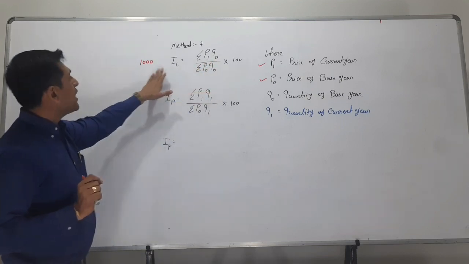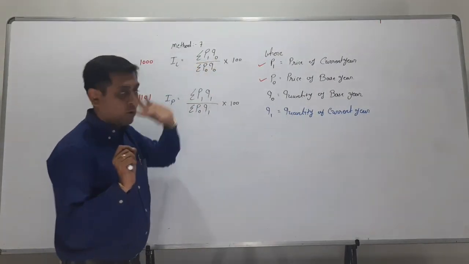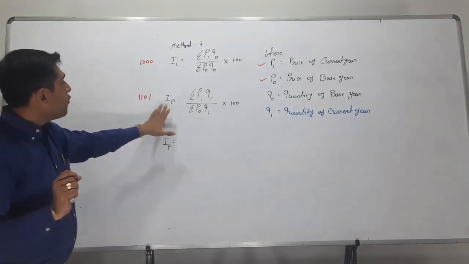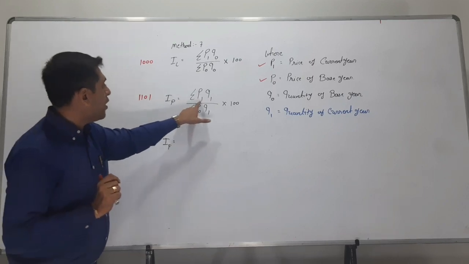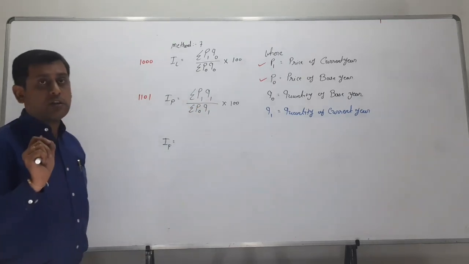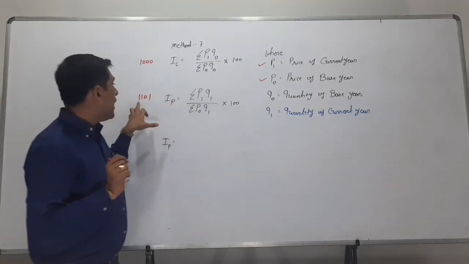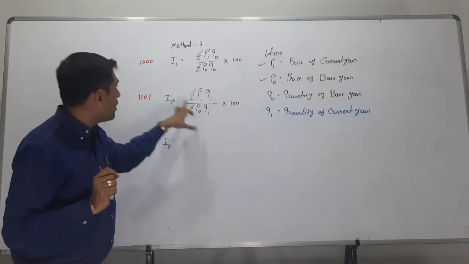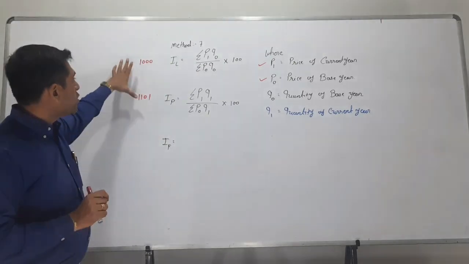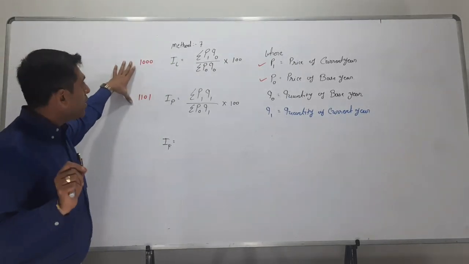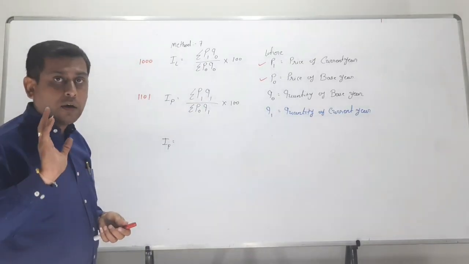1000. So for last year's formula you have to remember just 1000. 1 then 000, that is 1000, right? And for past year's formula you have to remember 1101. You just have to write PQ in the numerator as well as in the denominator. Then 1101 you have to write here, and 1000 you have to write here. Okay, so it is a shortcut to remember the formula, or otherwise you can regularly remember this formula, because it is also the easiest one.